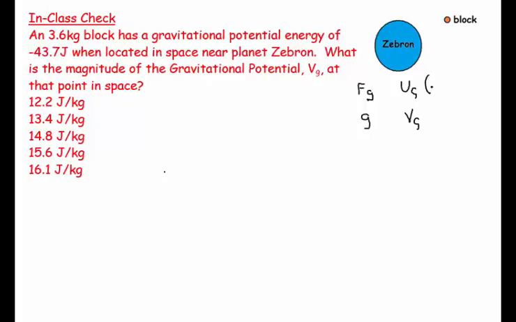I also, in brackets, have my delta UG, because we very often talk about the difference in gravitational potential energy. And we also talk about my delta VG, the difference in gravitational potential. Gravitational potential is very analogous to electric potential, which is really commonly used when we deal with electric circuits. So I'd like to encourage you to get comfortable with this idea of energy per kilogram, because